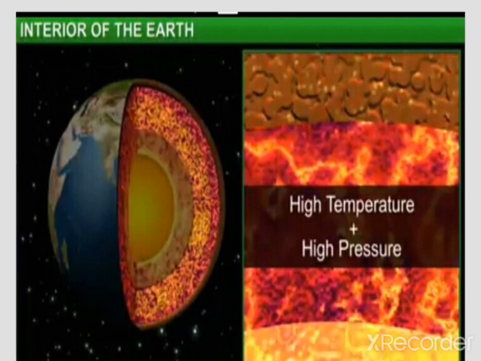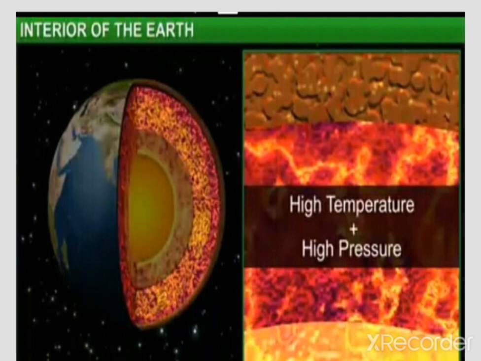Then we have discussed that all the internal energy which is released in the form of endogenetic movements is generated from this layer, and this energy reaches the surface of the earth in the form of slow earth movements and rapid earth movements. In the slow earth movements, there are continent building movements and mountain building movements, and in the rapid earth movements, earthquakes and volcanoes. Got it? So this layer is responsible for the volcanic eruptions and for the earthquakes also.